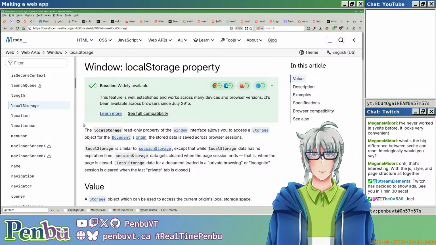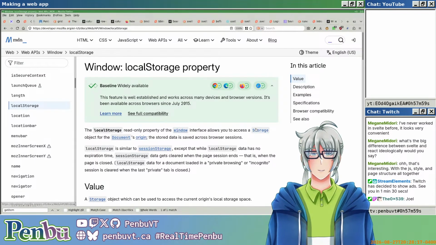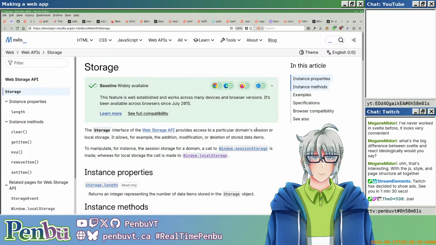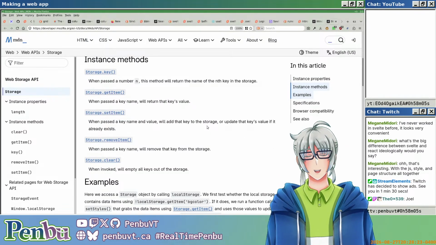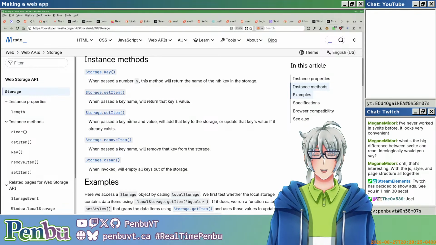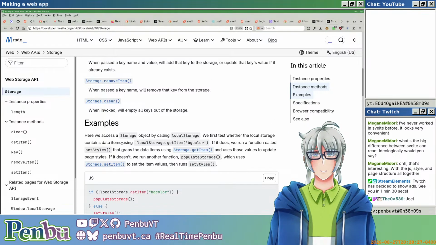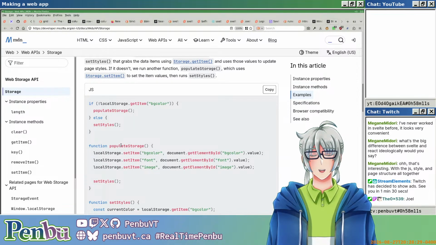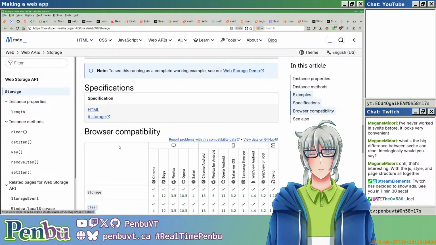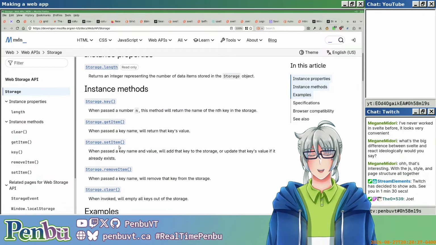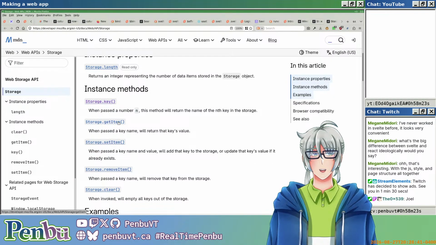Is there no has item? I thought it did. Dot key, get item, set item, remove item, clear. I guess there is no has item. I swear there was. But okay, if there isn't, then I guess we just get the item, and if it comes back empty, then